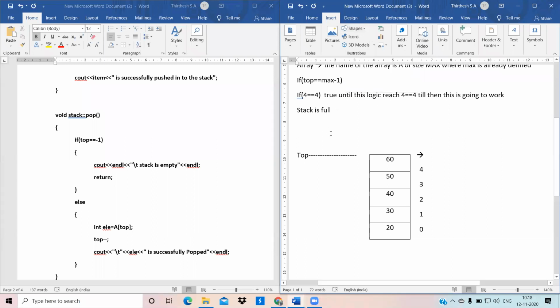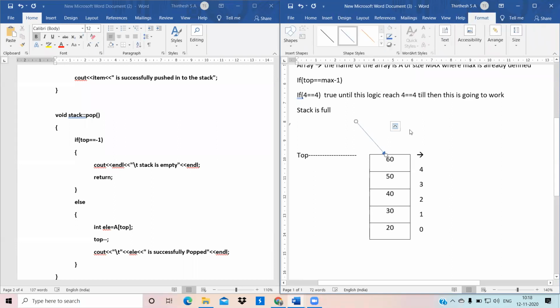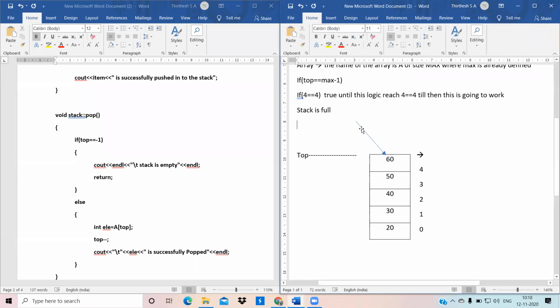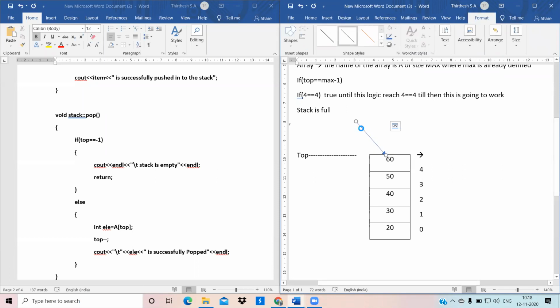The data which we are going to insert will be inserted from the top itself, and the data will be removed from the top itself.